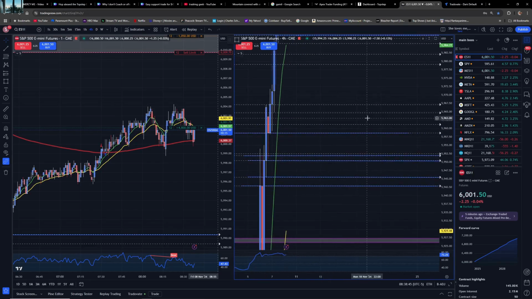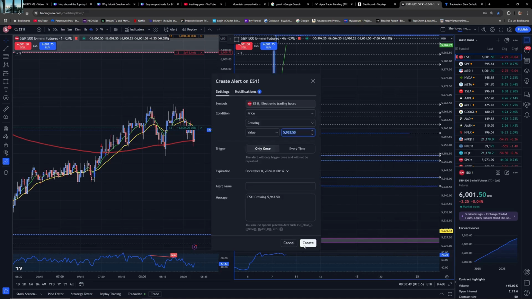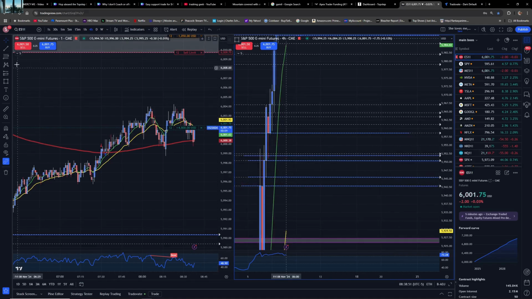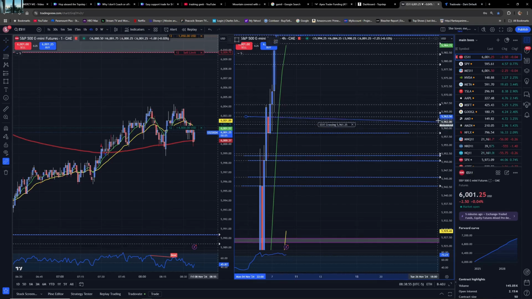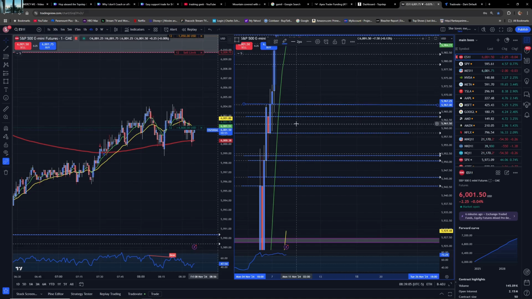But these just give me areas to take trades where there's going to be some definite reactions